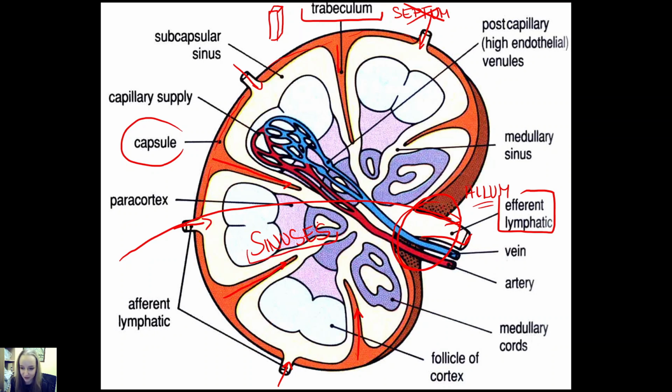Sinuses are just normal spaces here in the lymph node. I'm going to show you some of them. And also lymph is divided into 3 basic types that we are going to describe. So I think that's everything I wanted to tell you in this picture right now, and let's go